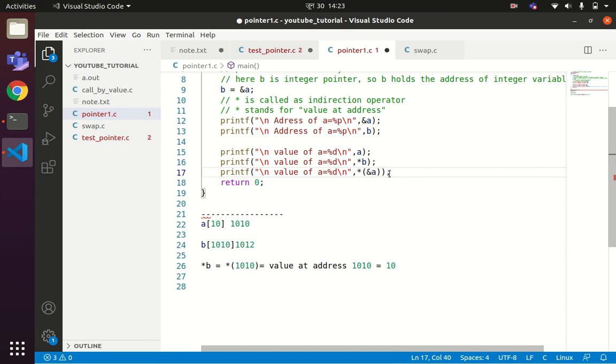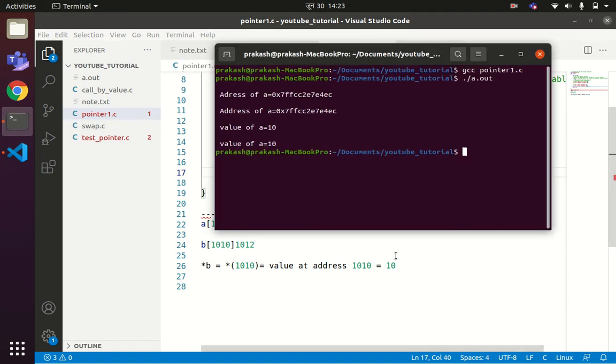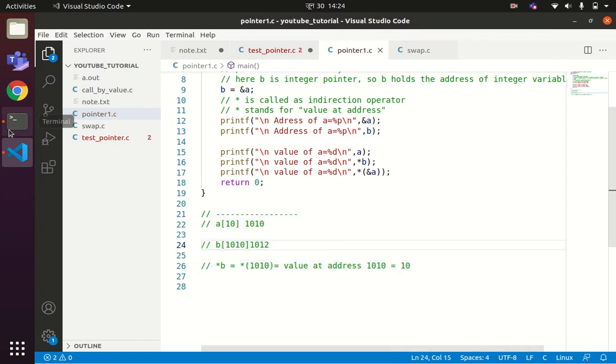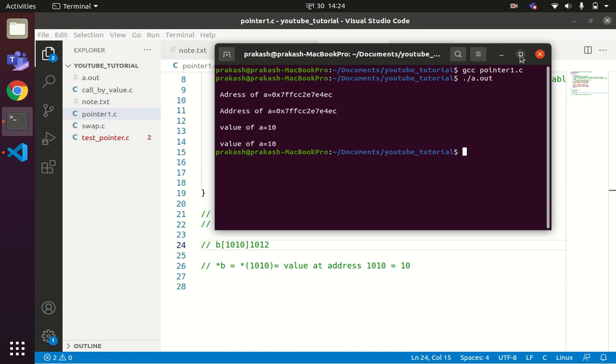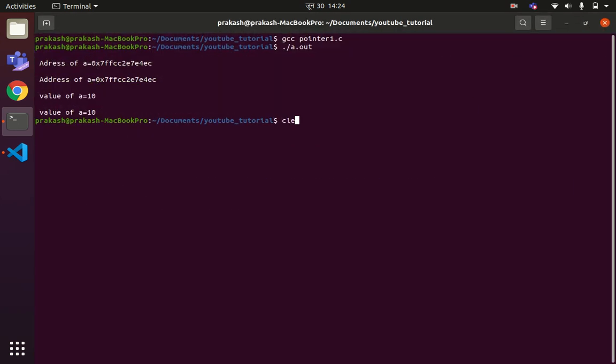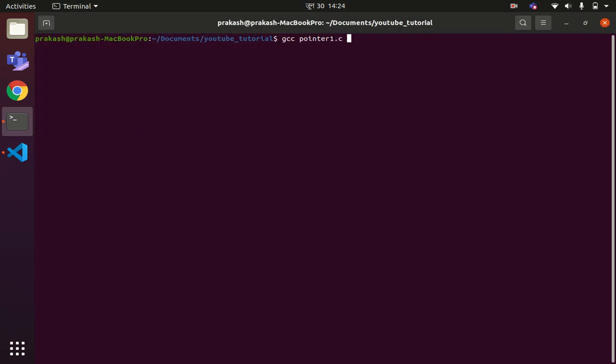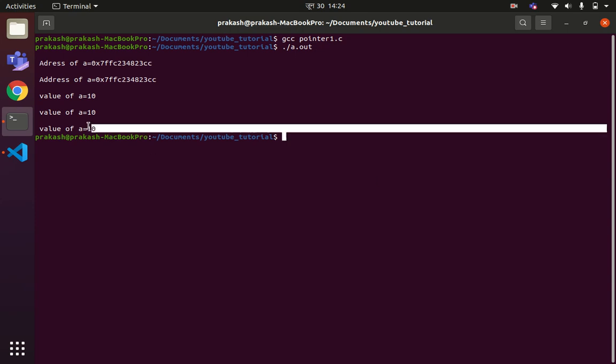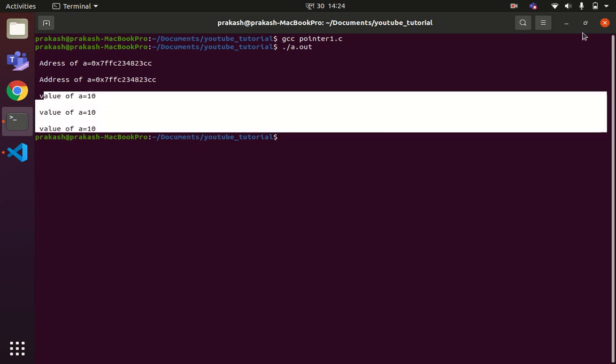It also returns the value of a. So when I print this code, for a while I will comment these lines. I can see all these three statements are printing the same results.